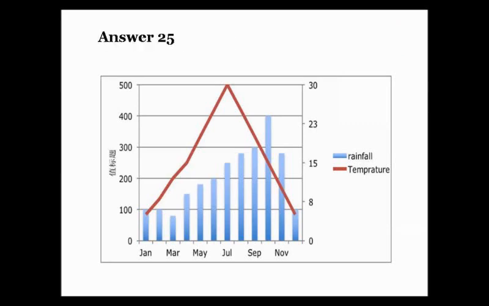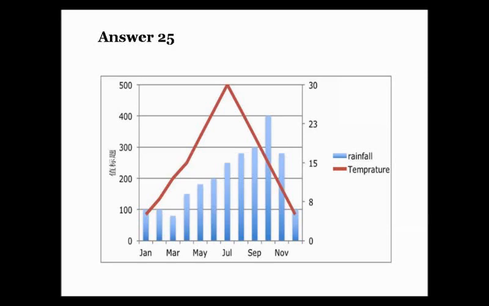The graph gives information about the relationship between rainfall and temperature from January to December. To begin with, we can see that there are several sections in this picture, that is January, March, May, July, September, and November. According to the graph, for rainfall, the largest number can be found in October, which is about